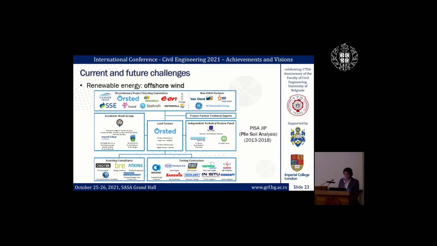They came together to an academic working group comprising Oxford University, Imperial College and University College Dublin, with what they named a PISA joint industry project, the Pile Soil Analysis Project,